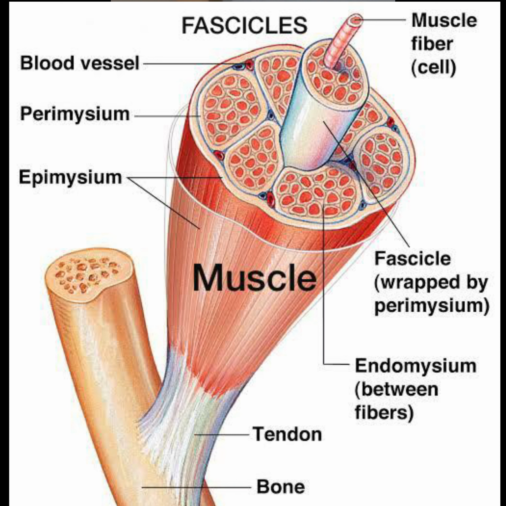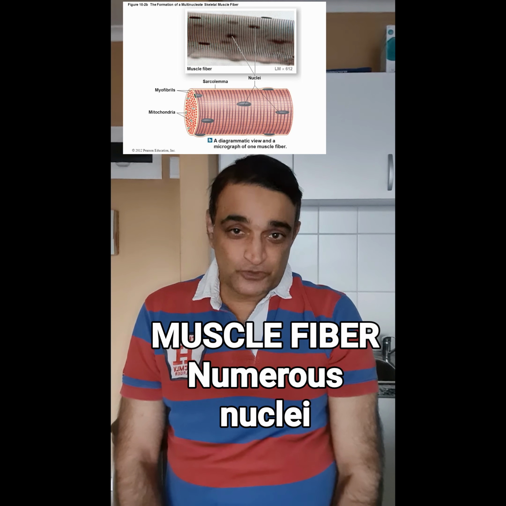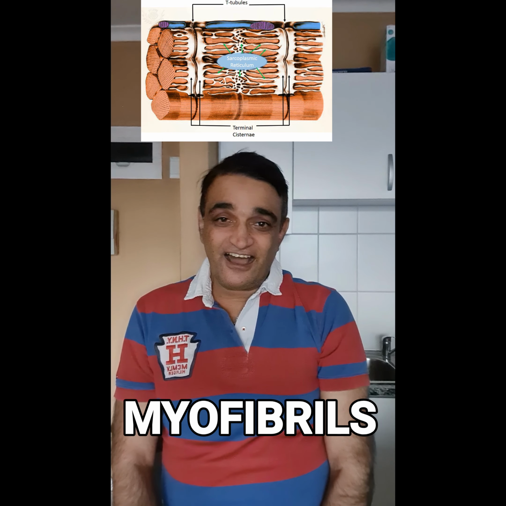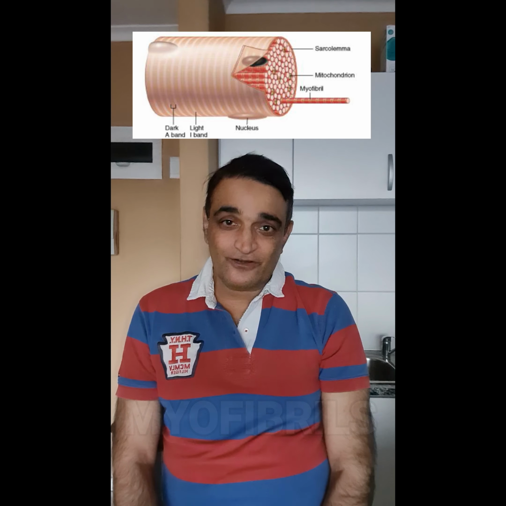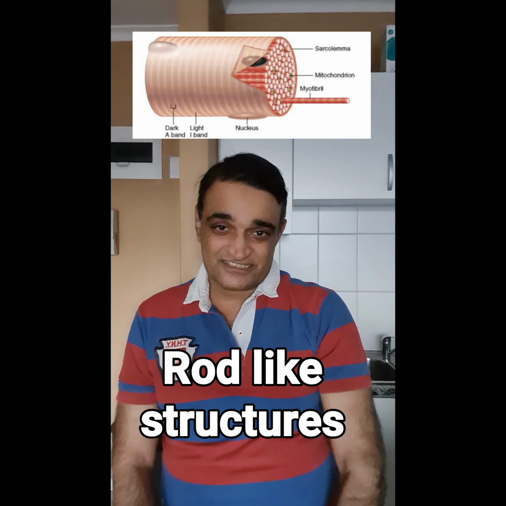Grossly, the muscle has a belly attached to the bones via tendons, and within the substance of the muscle are fascicles, and those fascicles hold the muscle fibers. So muscle fibers are actually the name given to muscle cells. The muscle cells actually fuse to form the muscle fiber, and that's why the muscle fiber has numerous nuclei. It's multinucleated,